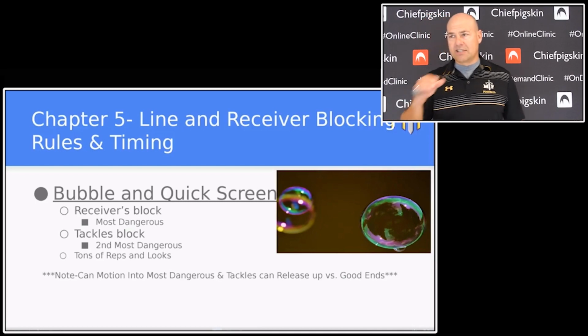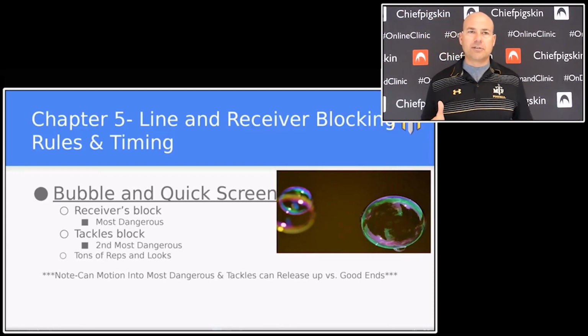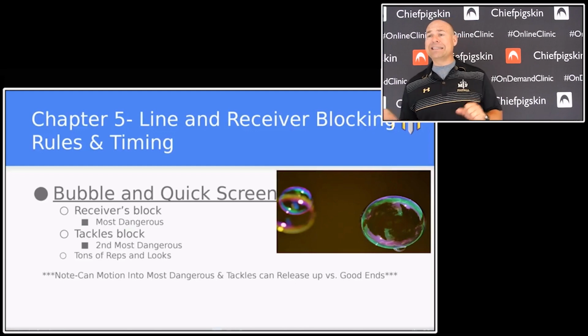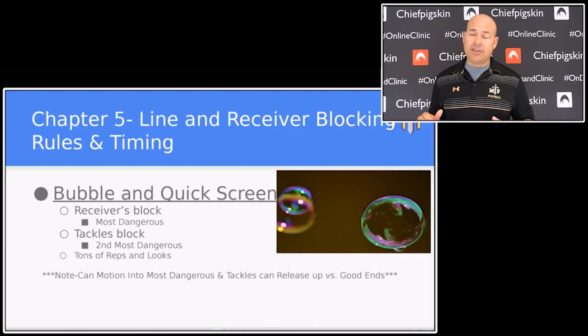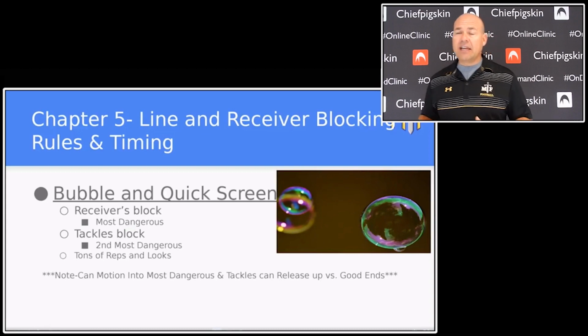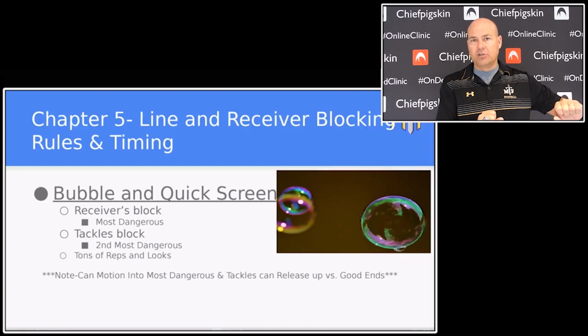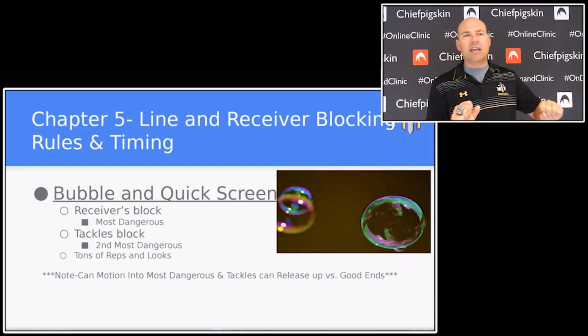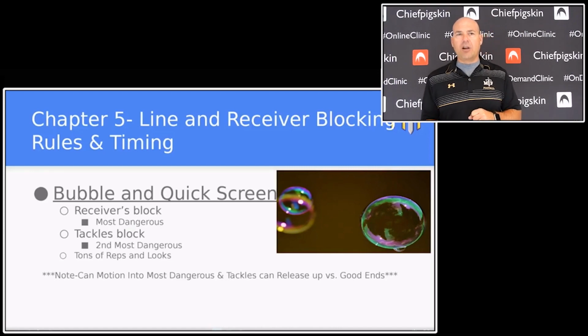That's been very successful. Some of them try and read it, but they only read the initial, so we run so much down block with our tackles that when we release inside, good coaches, and we play so many of those, they teach their kids to get hands-on and cave down just like you all do. So you get hands on me and you cave down, so we'll release inside like we're going on a down